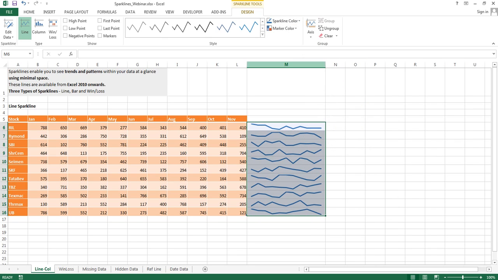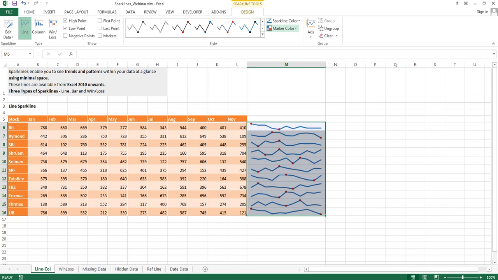Now, also what might be good in looking at the trend or analysis is marking the high points and the low points in your sparklines. That is again done by the Sparkline Tools over here, High Point and Low Point. Now you see the high point and the low point have been colored with the same color. So it might become difficult for a user who is looking at it to understand which is a high point and which is a low point. So we might want to change the color of the high and the low point.